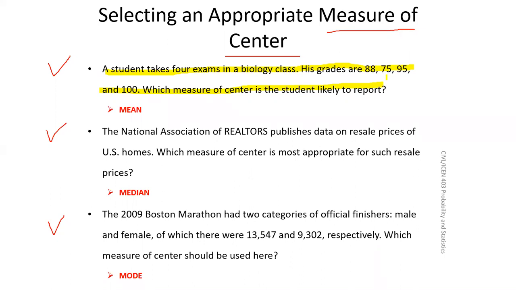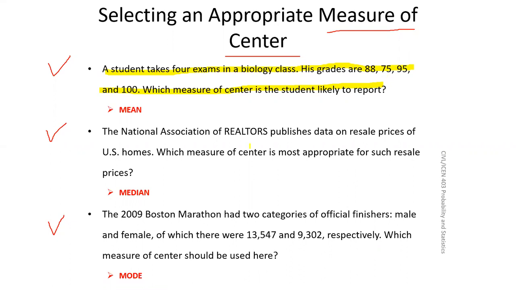Why? Because you want contribution from everything. Median and mode do not give you the contribution from each value. Mean gives you the contribution from each value. Because your homeworks, assignments, midterm, final are very important. You put effort in all of them. So you have to add all of them and give the final score.